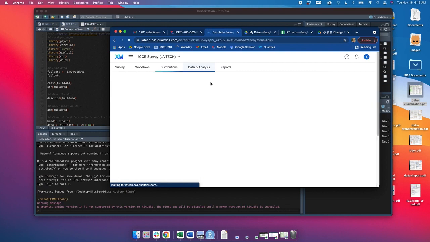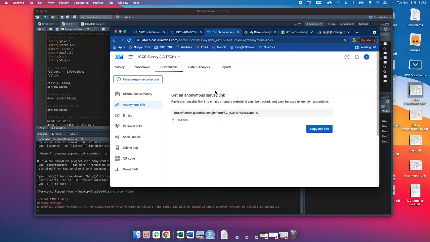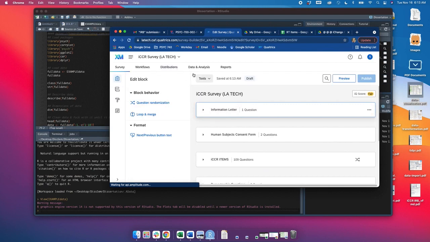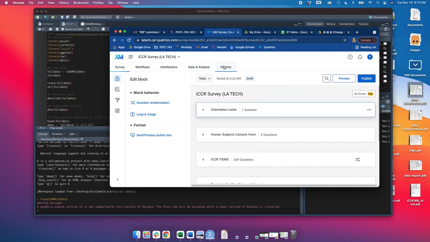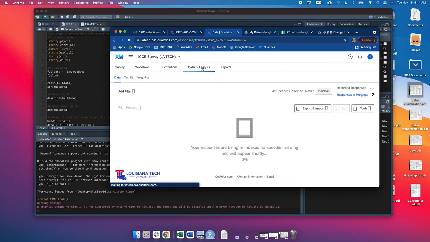To pull the data, it takes a little while to download all these, but let me go back real quick. I used this feature in Qualtrics where you can generate test responses. I did go through it myself a few times, and then I figured out you could do this, so I just added to them. So I did 100, and since it does it randomly, I think only 55 made it past the yes/no question in the beginning, so I ended up with 55 usable